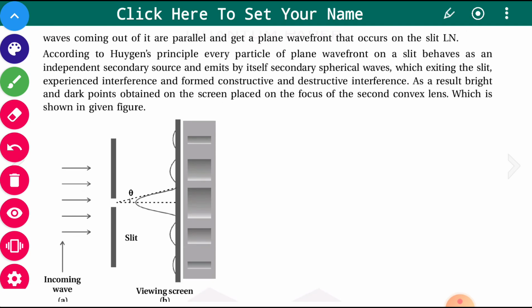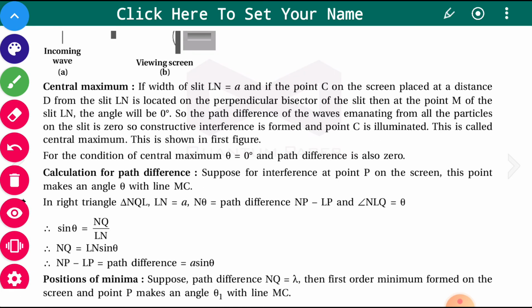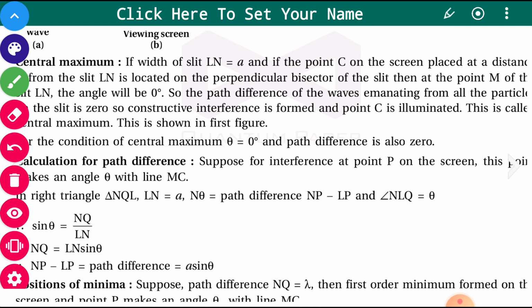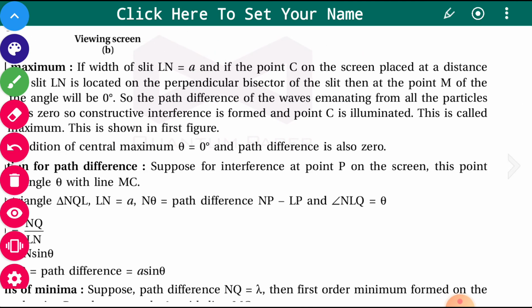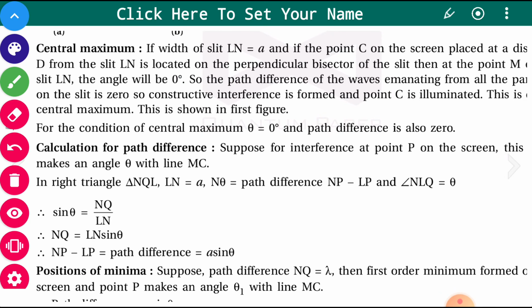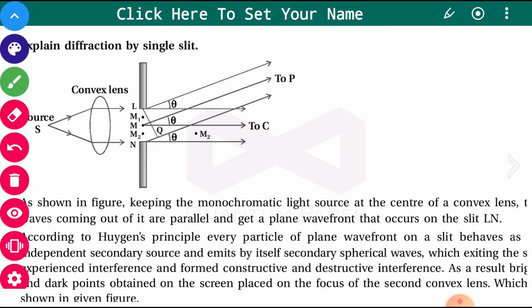So the width of the slit is taken as a, and the screen is kept at distance capital D from the slit, okay. Now the path difference of the waves emerging from all the particles on the slit is zero. There will be a zero path difference when the rays coming from the slit reach the screen,